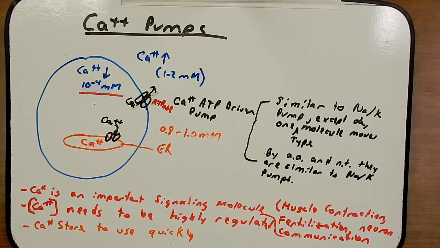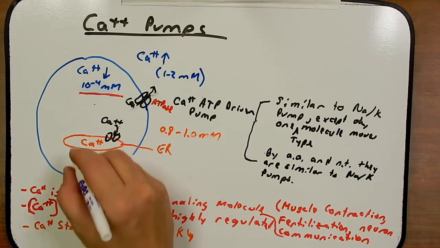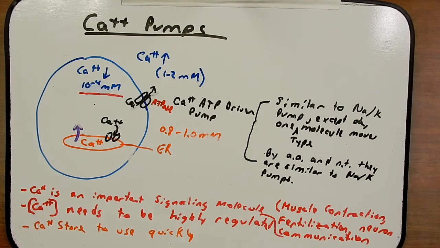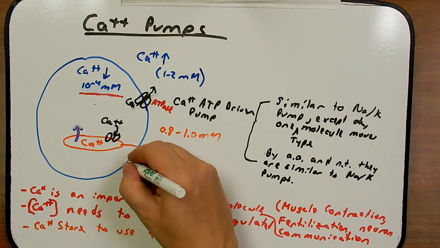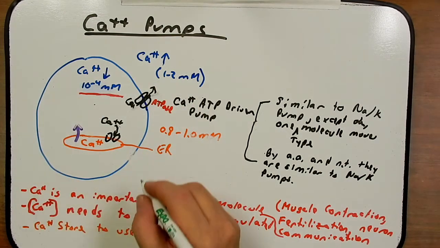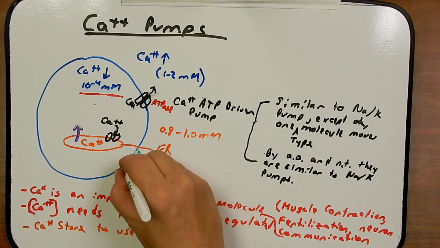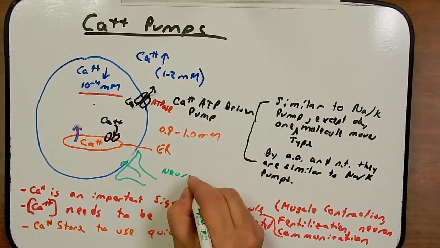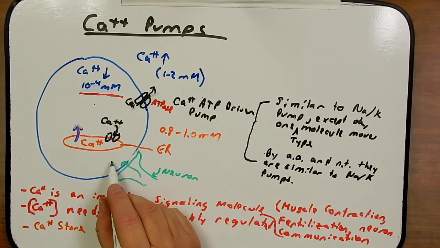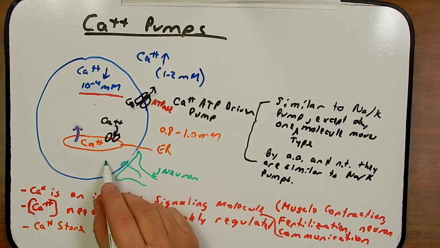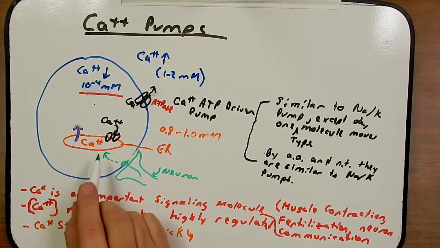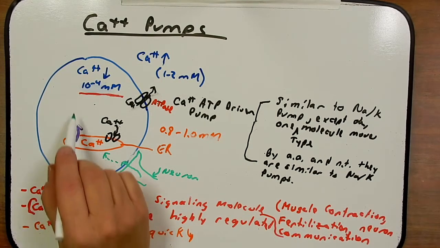Okay, now I want to talk about the reverse process. We don't always want calcium to be low here. Every now and then we want this store of calcium in the ER to go back into the cytosol. And we'll talk about muscle contraction later, but let's go ahead and at least mention it a little bit here. If this were a muscle fiber, it's a funny looking muscle fiber, but let's just pretend it is. If it receives a nerve impulse, so this is a neuron, as lovely as it looks, it delivers a nerve impulse where it signals the ER through various mechanisms, which we're not going to talk about now, to release calcium